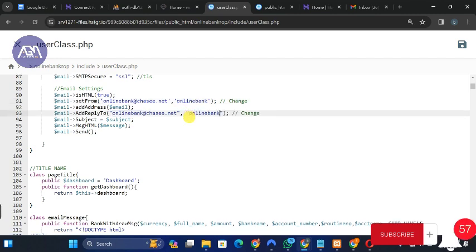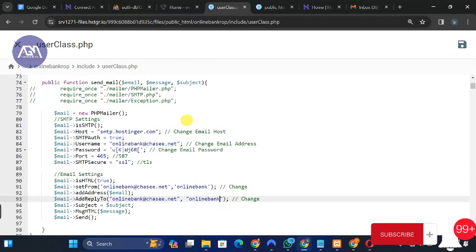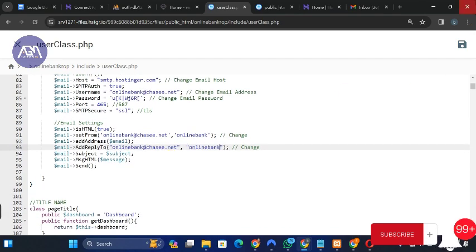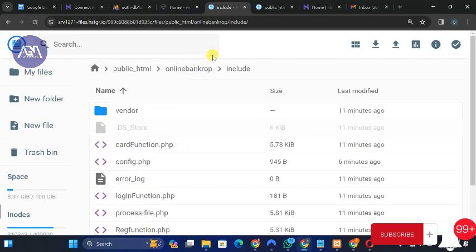All right, correct. So this is the correct SMTP configuration that you are supposed to use. While working with it, just pay attention to this SMTP configuration. Then all you have to do is click save. After you have clicked save, what you now have to do next is go back to